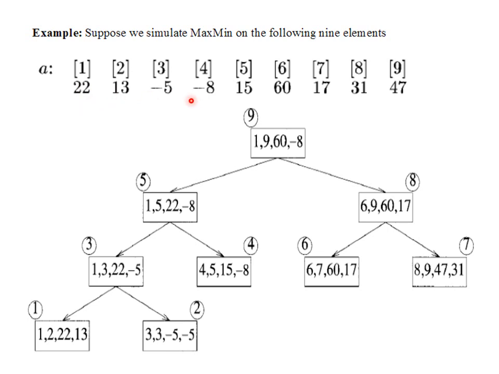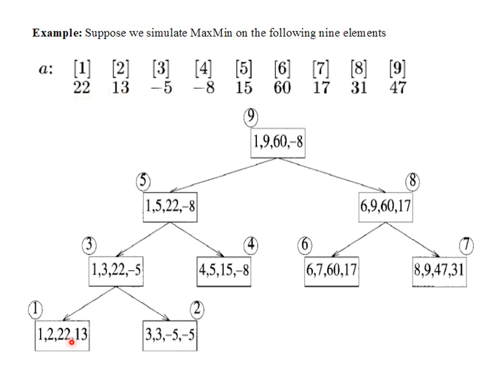And in this case there are three items, so we cannot solve it directly because the number of items is more than 2. So we divide the list into 2. The first part is 1 to 2, and the second part contains only one item, that is 3 to 3. It contains only one item, so no comparison is required, the maximum and minimum are the same, and here 13 is the minimum and 22 is the maximum.